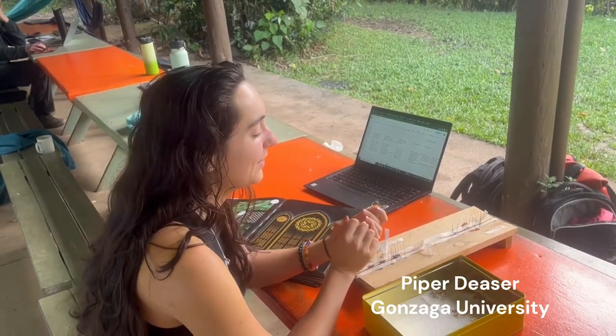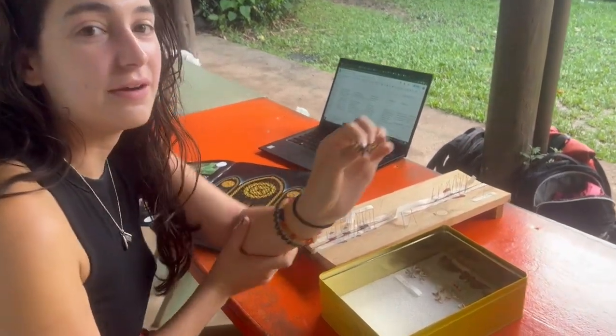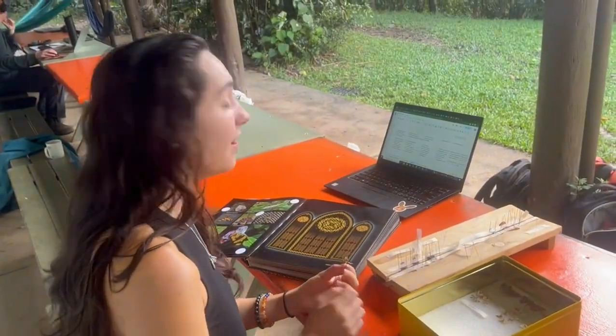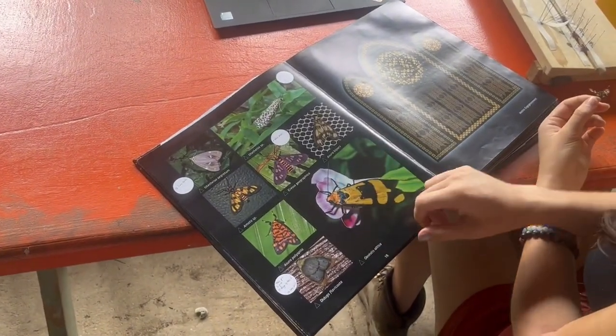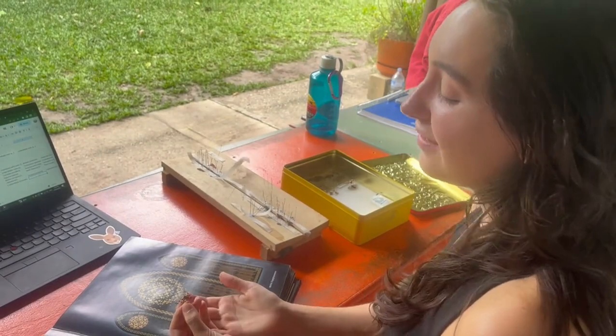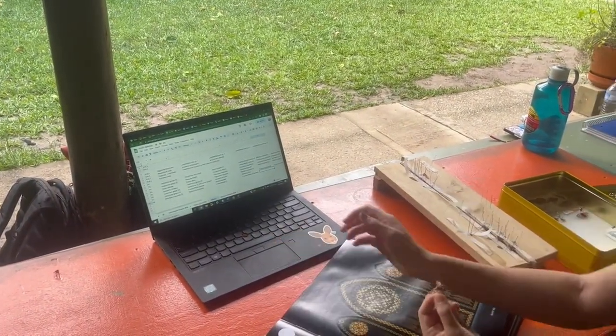Hi, this is how we do our data collection. First, we start by pinning and drawing out our moth specimens so that their wings are spread and we can see details in them. Next, we use our textual resources to see if we can find the species and genus. Otherwise, we'd use an online resource. But once we find their species and genus, we input them in our data sheet and use those statistics to